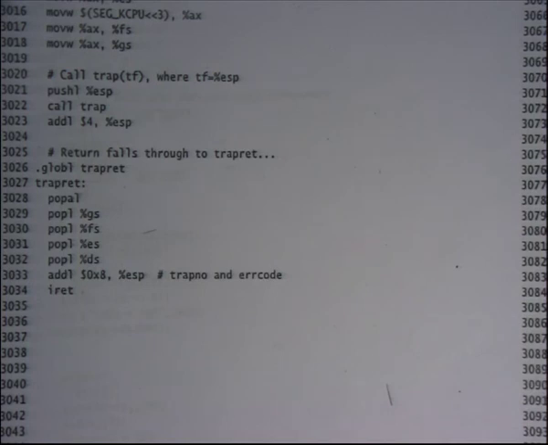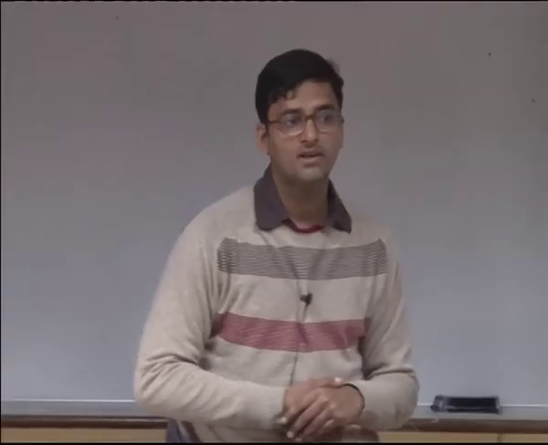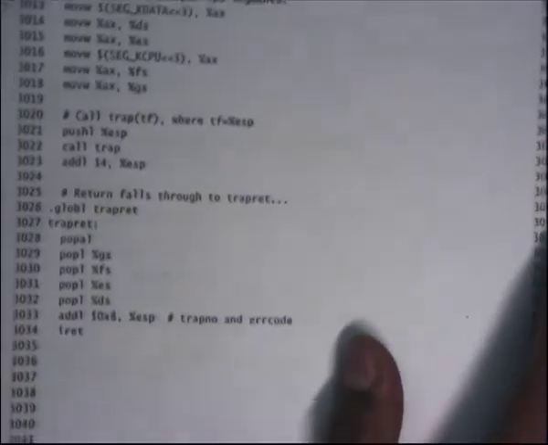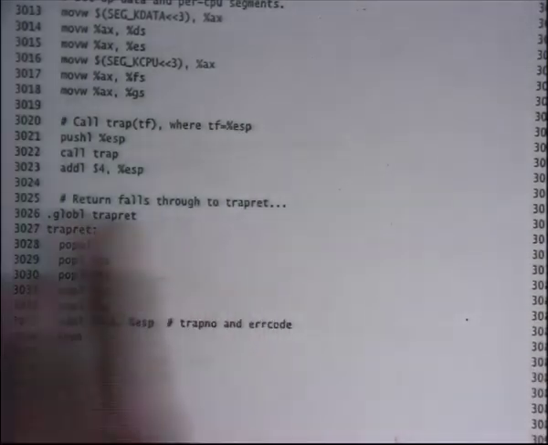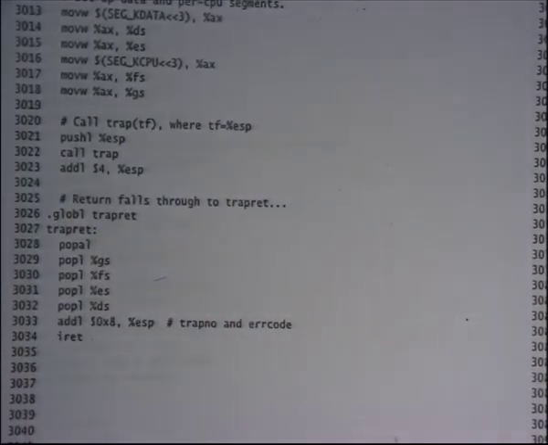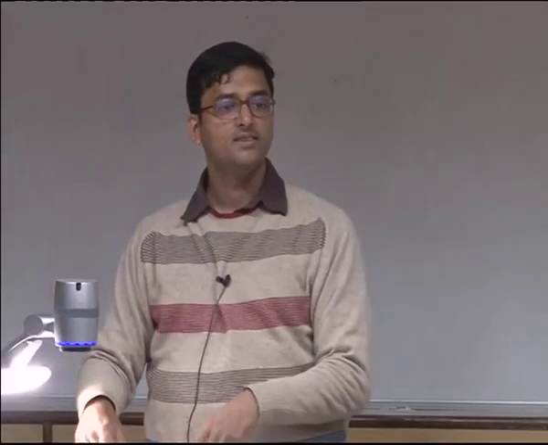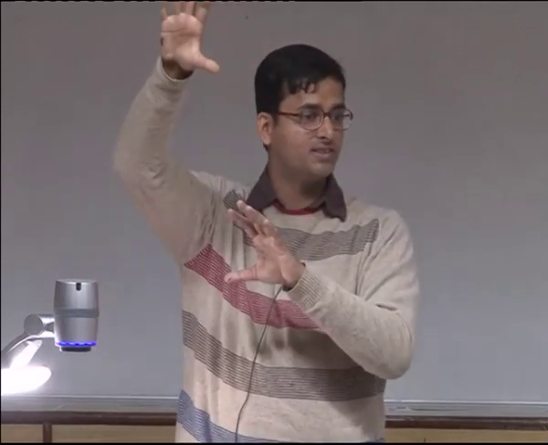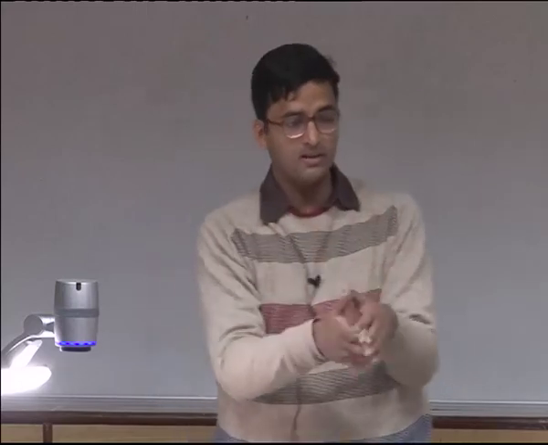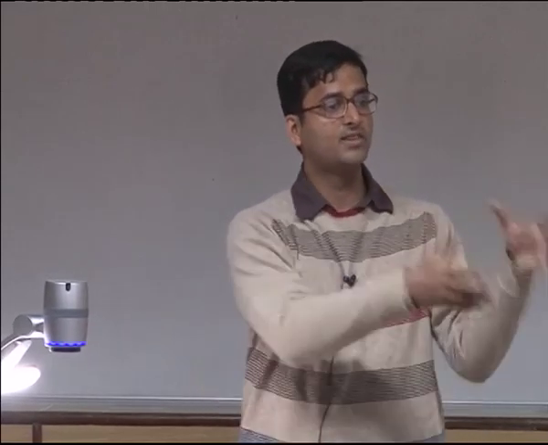So why are we saving all the registers? Like why are we not following the caller-callee conventions here? Okay, great question. Why are we saving all the registers? Could I have used the caller-callee conventions in this case, just like switch? The switch was a function. This is a trap. A trap follows no conventions, right? I need to save all the user registers. We never discussed any convention that before making a system call, the user will save some registers. If there was such a convention, then yes, I would have saved fewer registers.